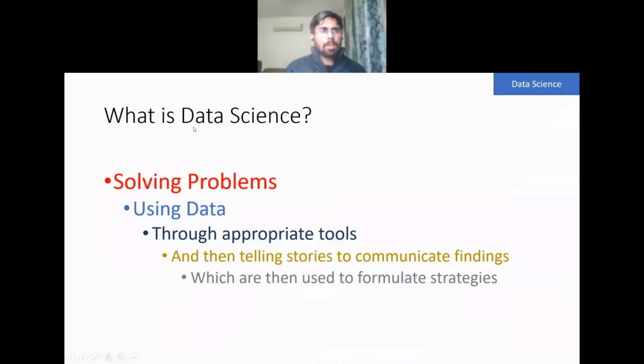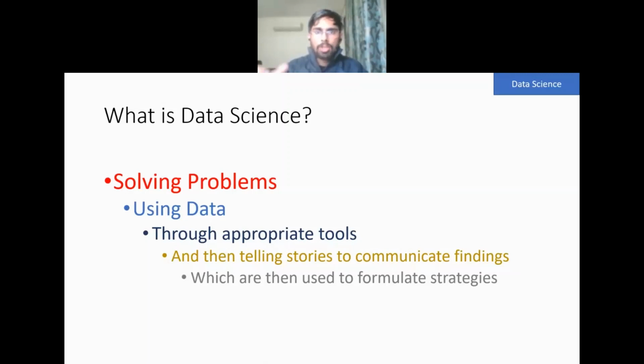I'll just cover the data science process because that is an important part of today's session. What is data science? I think at this point of time you have some clarity on what is data science. Data science helps companies solve problems. It can help governments, research organizations, companies, or individuals like you and me solve problems. And the main crux here is that we are using data to solve these problems.